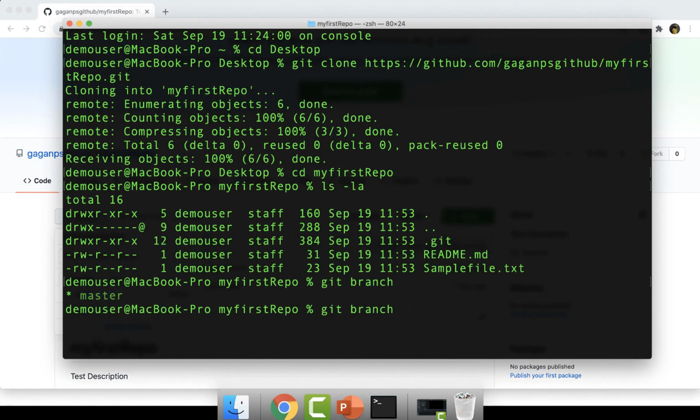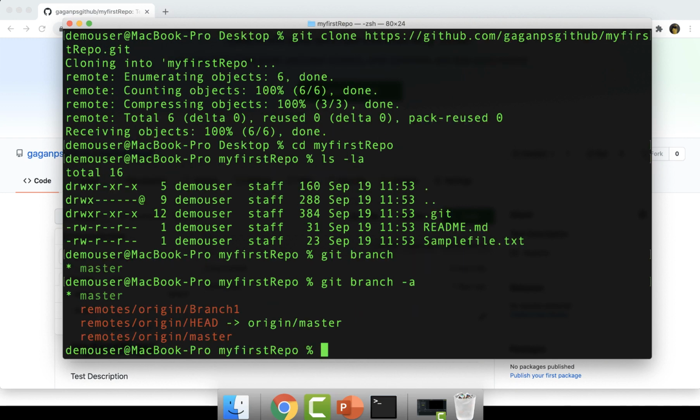So if I run a command called git branch -a, you can see the local repository in green, and the star means the current branch is master. And these are all the remote branches that are present. Also, in the details you can check that by default the head of the remote repository is pointing to the master branch in the remote repository. That's why we have by default got a master branch over here.